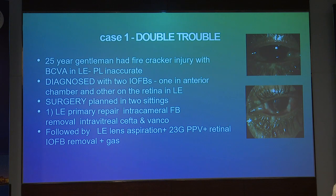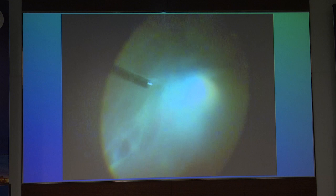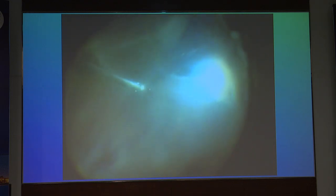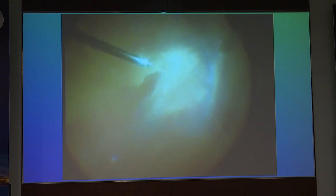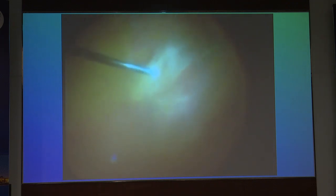And then here you have a 25-year-old man with a firecracker injury with a visual acuity of PL inaccurate. Only in an injury with no perception of light we can do a surgery. So here you can see the 3-port pars plana vitrectomy in progress, and I'm now removing the vitreous, inducing PVD, and then removing the posterior surface of the vitreous,